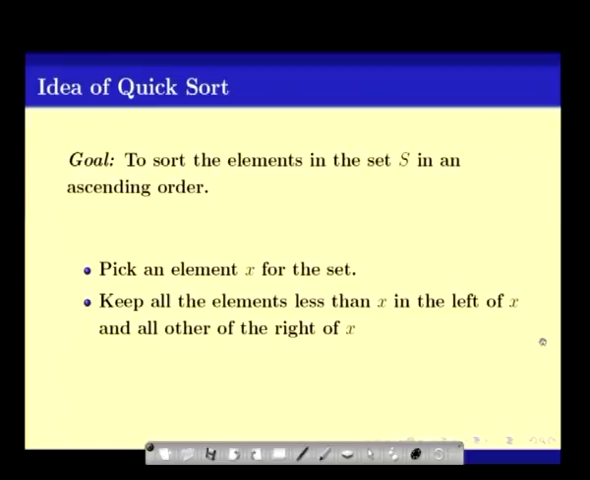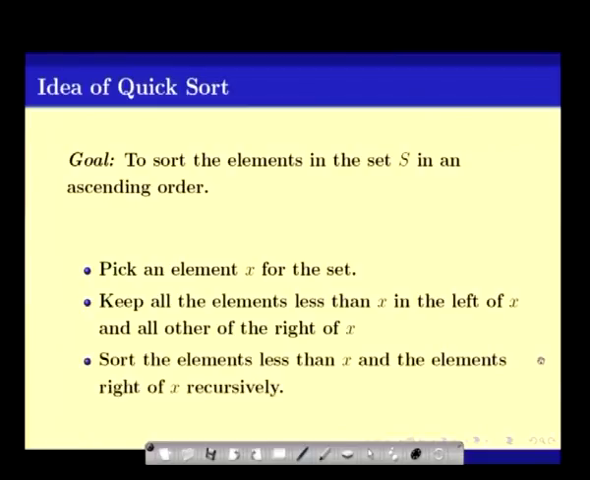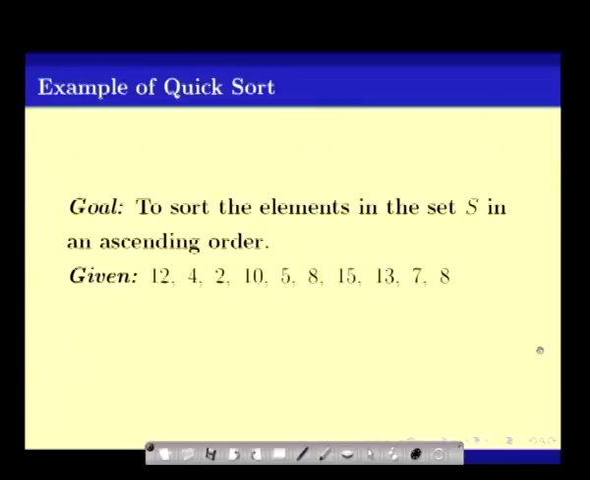In quick sort, the idea is simple: you pick an element x from this set S and call that one a pivot, and then keep all the elements that are less than x to the left of x, all the elements larger than x to the right of x, and then sort the elements left of x and the right of x recursively. So, for example, if we have this set 12, 4, 2, 10, 5, 8, 15, 13, 7 and 8,